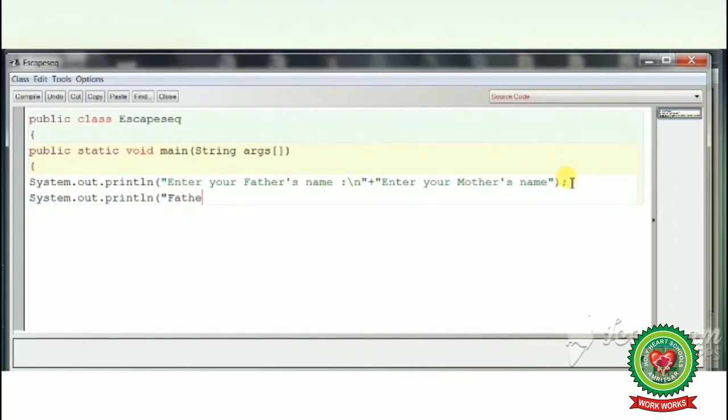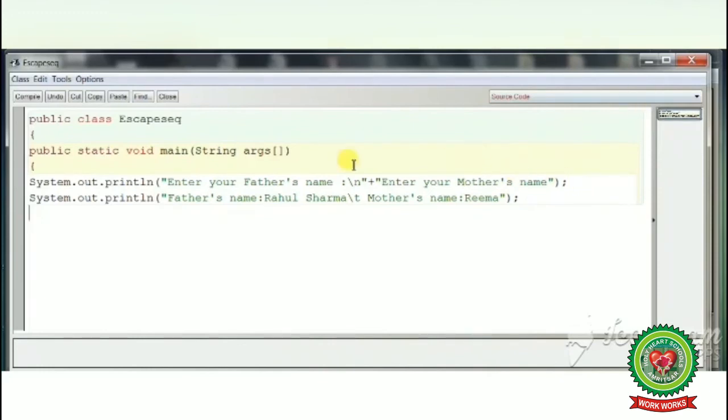We write father's name, that is, any father's name, you can print as your father's name is, \t for tab space, then mother's name, double quotes close, round bracket close, semicolon.